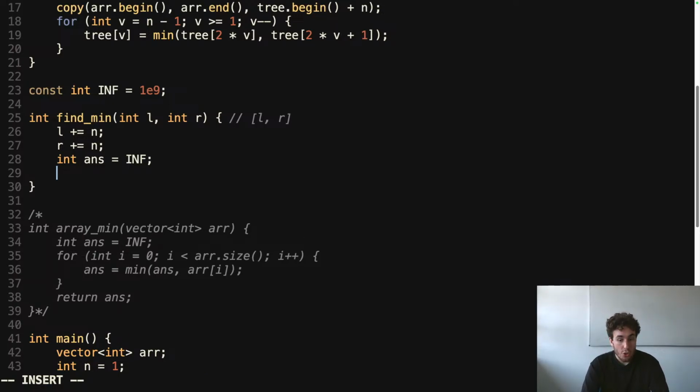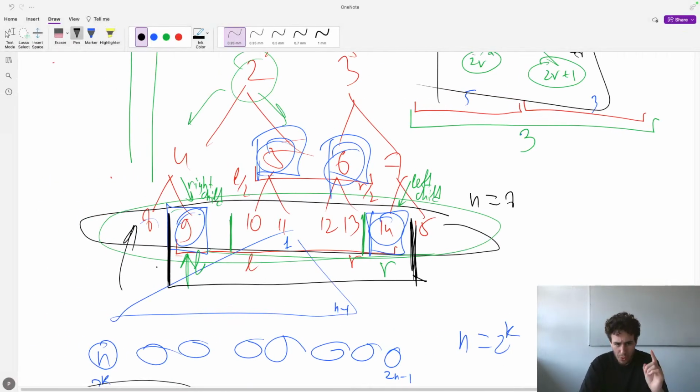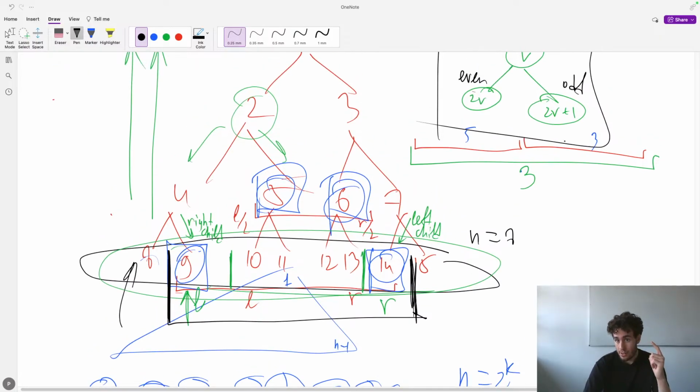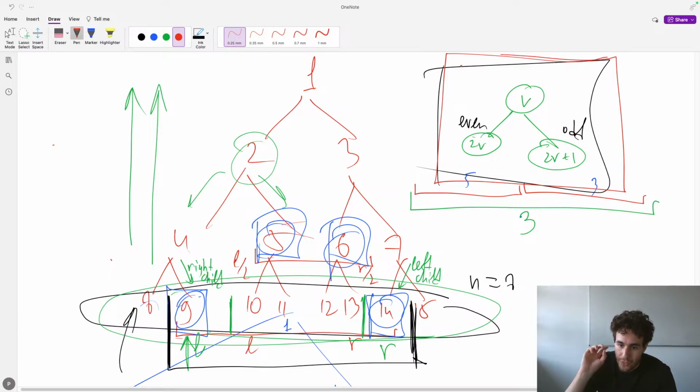And then we need to go up the tree. How long do we go up the tree? Well, while our segment actually exists. So while the left bound of our segment is to the left of the right bound of our segment, right? And if the leftmost bound is a right child, so if it's odd, right, this picture, you should cement this picture into your brain. This is the most important picture in segment trees, right? You have vertex v and its children 2v and 2v plus 1. Yes, indeed, we could also use int max, and also there are in C++ some numeric limit things, but